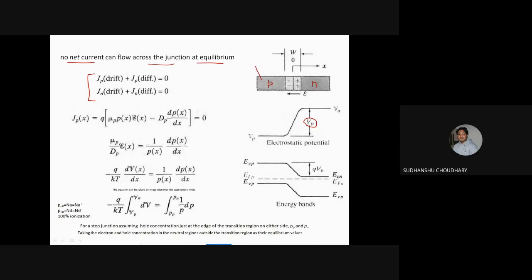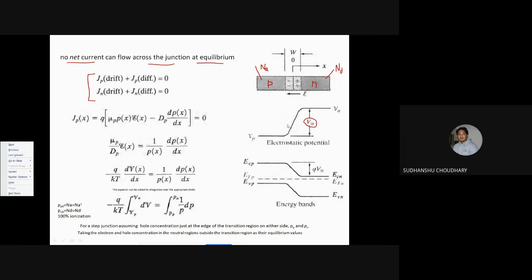Right? To create a P-type region, one has to dope the semiconductor by acceptor impurities. So let us say the acceptor impurity concentration is Na, and the donor impurity concentration in N-type material is Nd, per centimeter cube. Obviously this V naught will be dependent on the doping concentrations, so we have to find a relation.